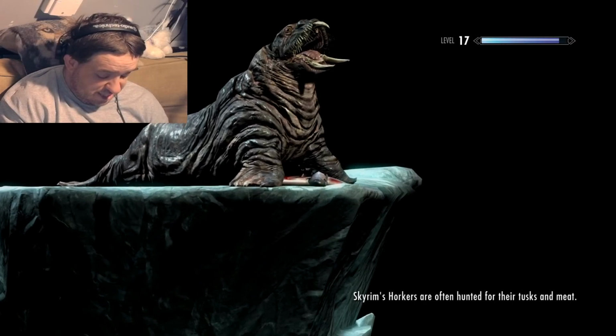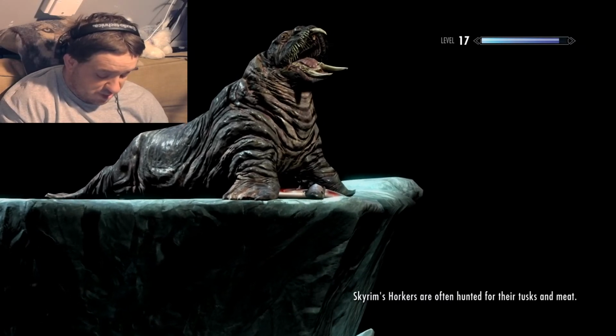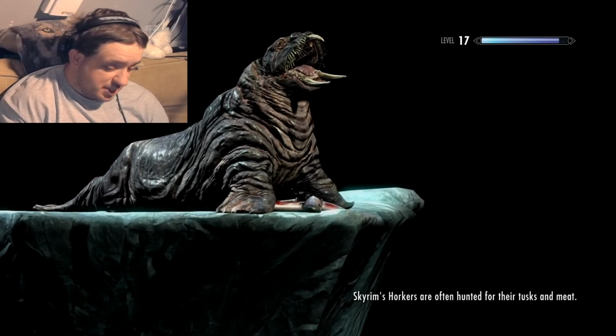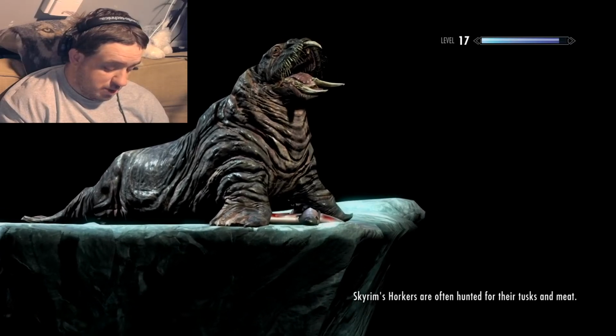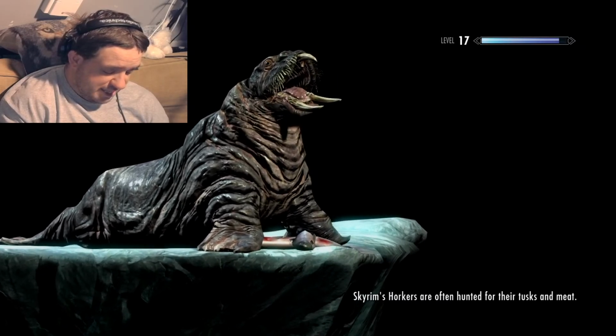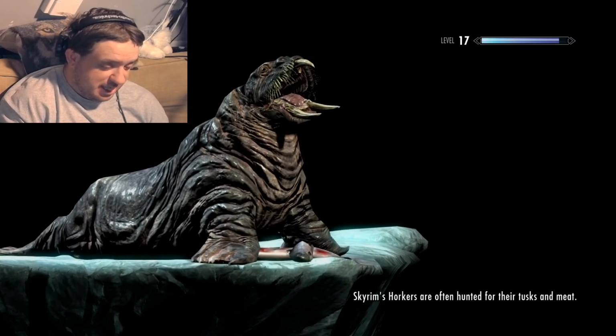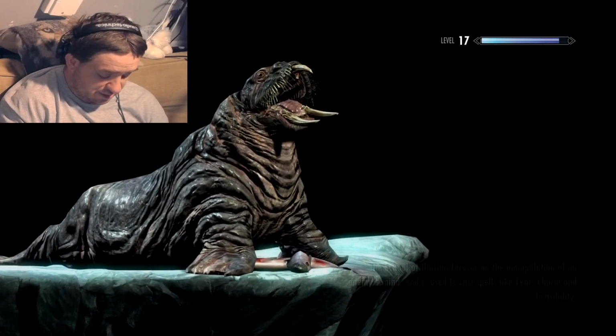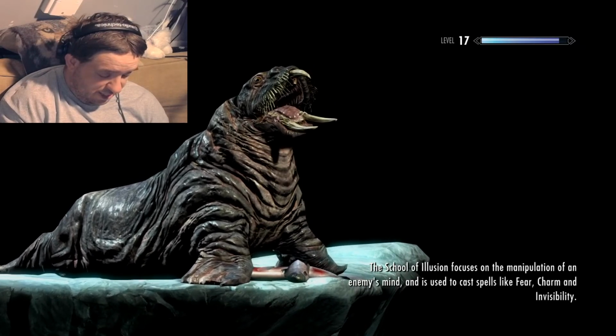I can see if maybe I was doing something I shouldn't have been doing, or if I was overloading the game, but I literally just saved it and it crashed.